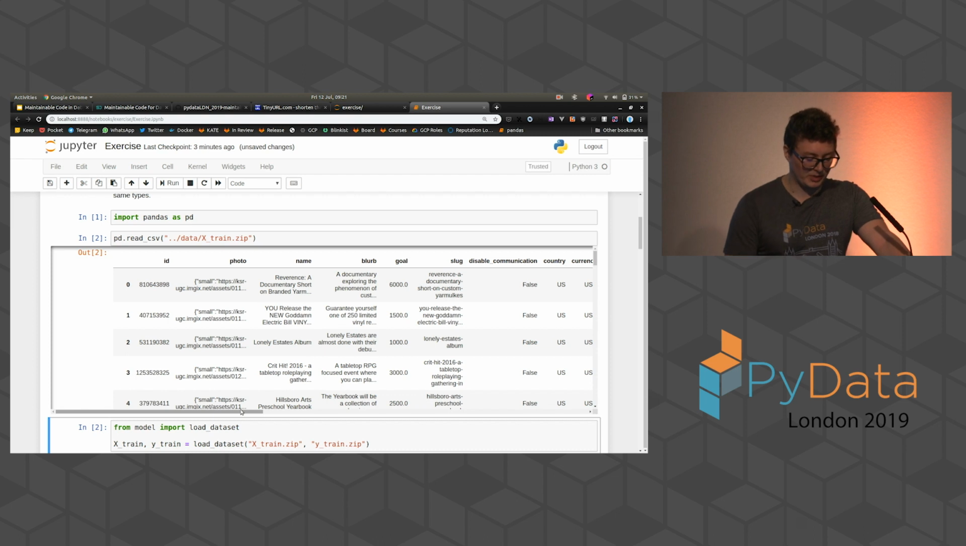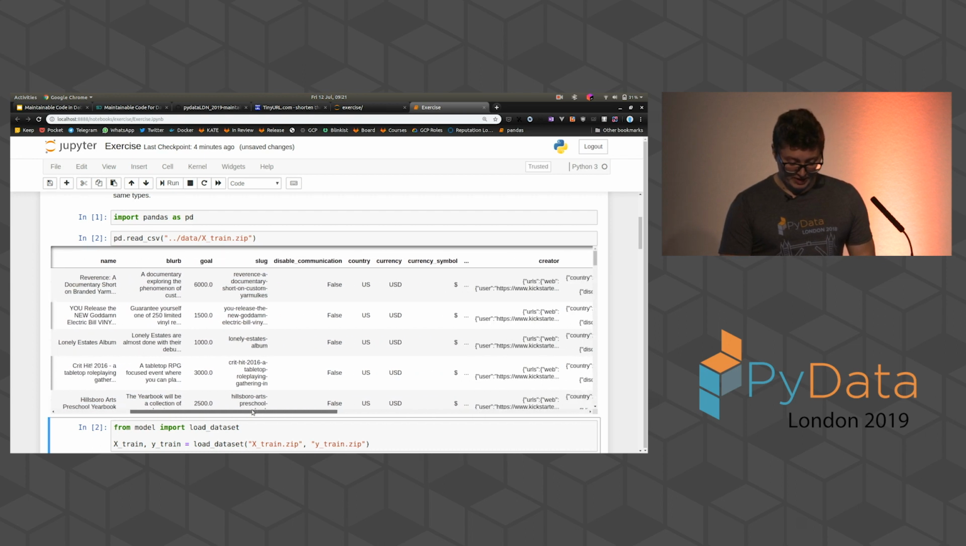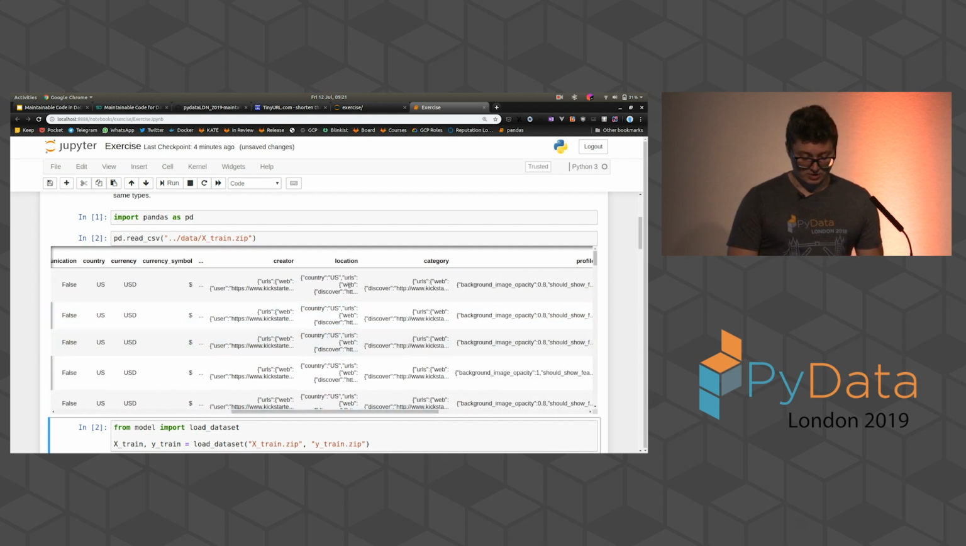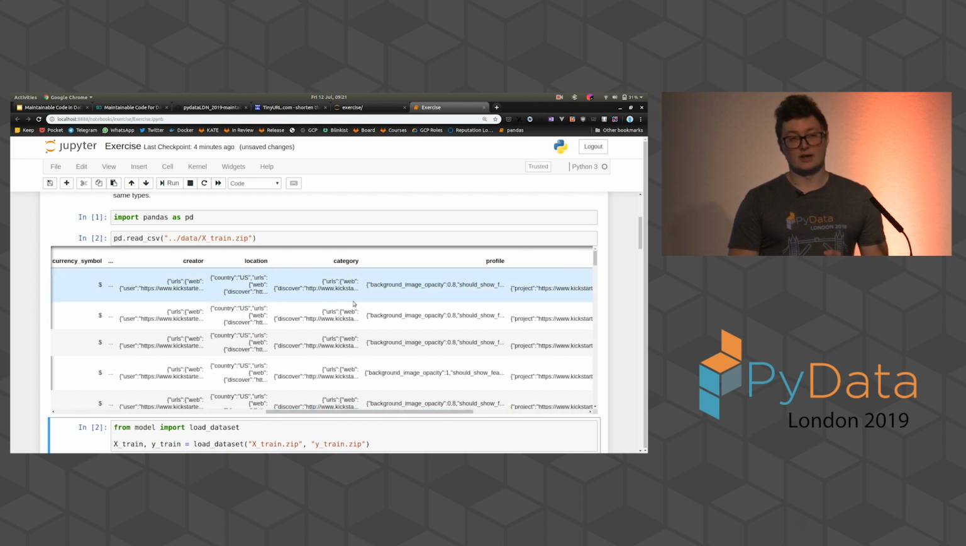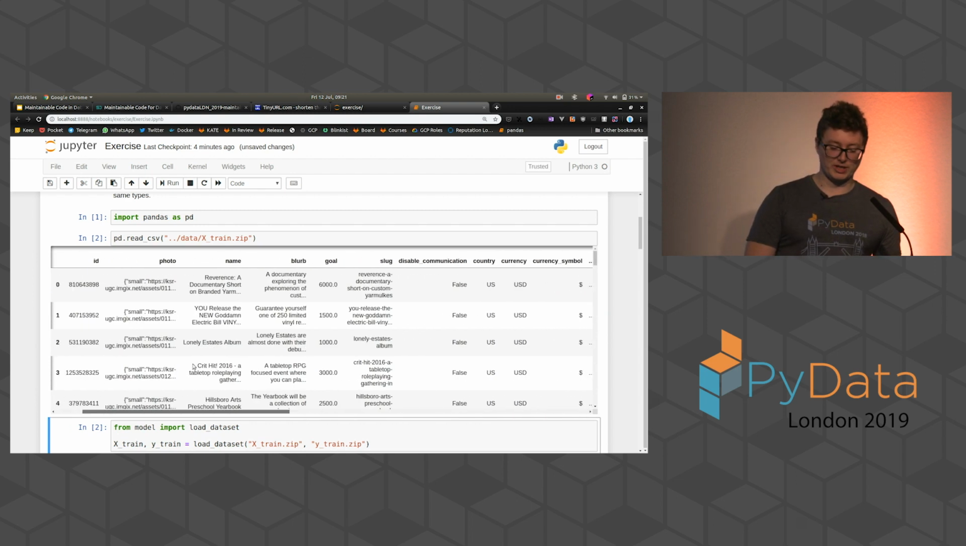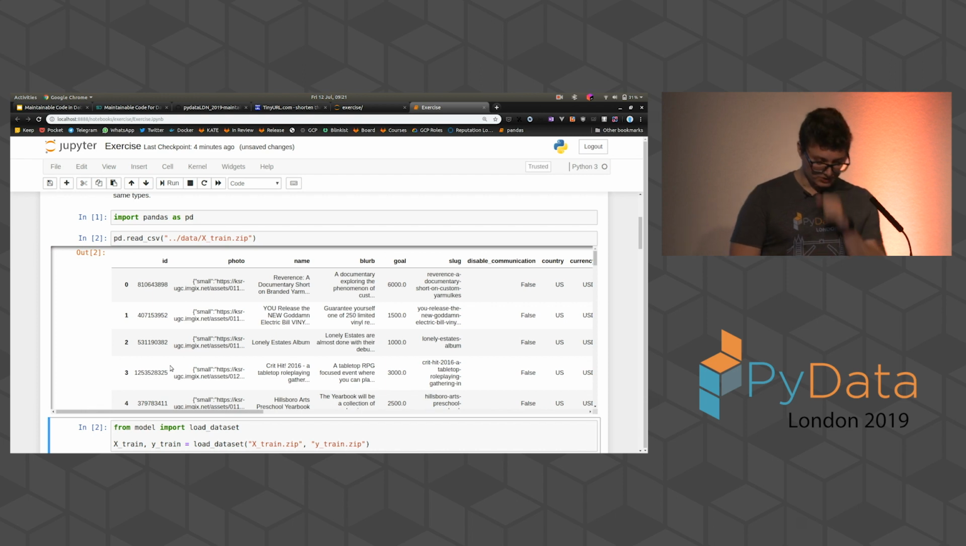A Kickstarter campaign can be launched on the website at a certain time with certain attributes. So here you've got information like the description, the name of the campaign they're trying to launch, and the goal, so how much money they're trying to raise. You've got the country they're trying to raise it from, the currency, and also the currency exchange rate, so you can try to convert from one currency to another. You've got the location, the category of the campaign, and all sorts of information like this. And what we're trying to predict is whether that campaign will be successful or not. We've got that information in the other file,